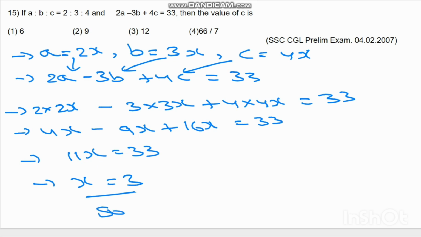So c equal to 4x. 4 into 3 equal to 12. So option 3 is